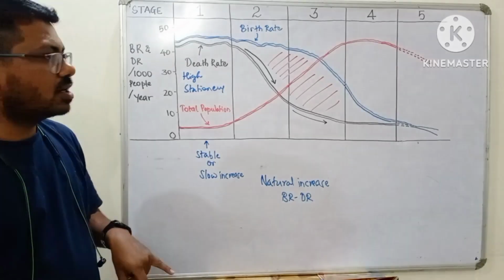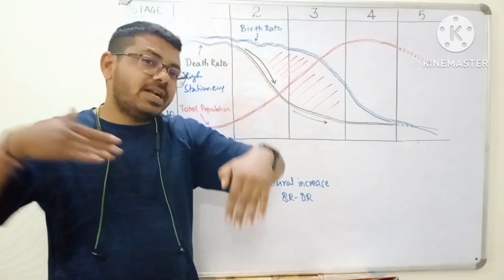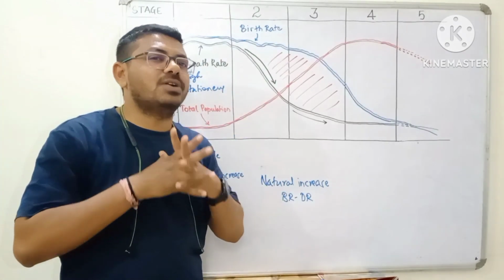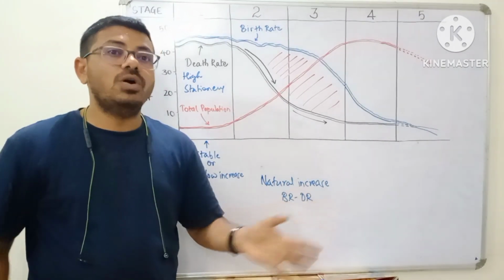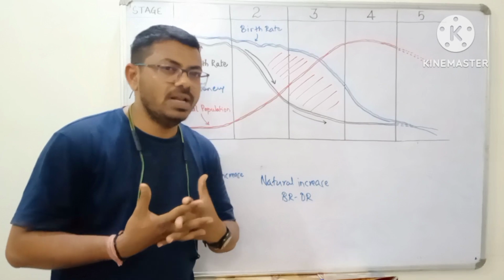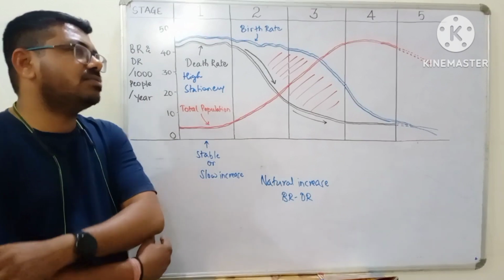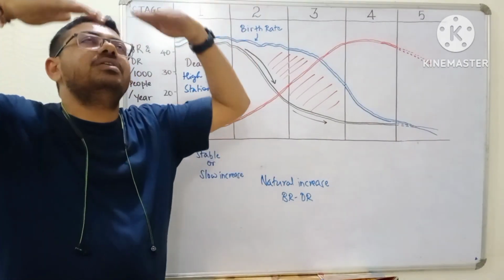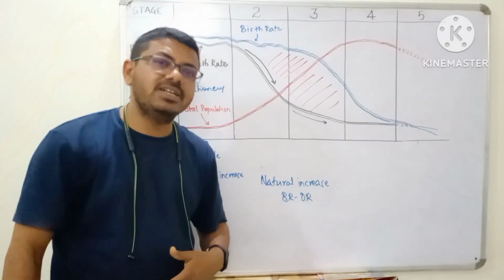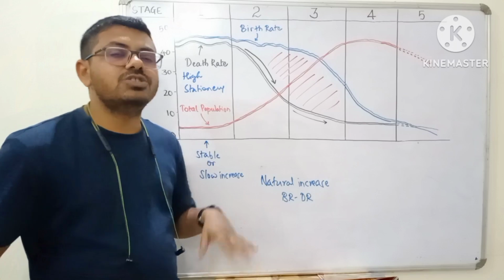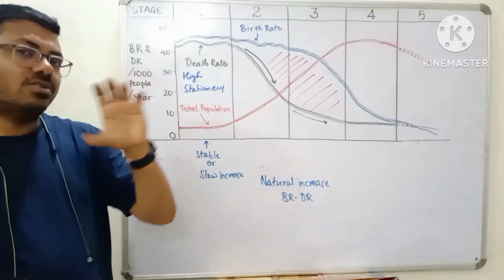In the fourth stage of the demographic transition model, death rate becomes very low and birth rate is rapidly falling, because this is modern time. In modern time, almost everywhere around the world, the internet is playing an important role, and people are experiencing whatever experiences there are around the world. Education level has become very high, and because of better education facilities and literacy rate, people are understanding. Even those countries which are LEDCs are also understanding the importance of controlling the population,